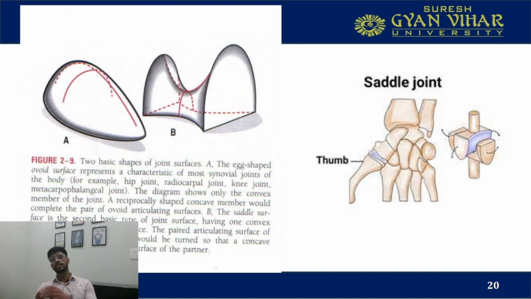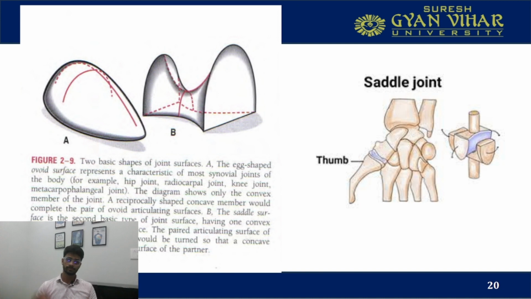So this was the classification that is also used to classify the joint. In this video we have read about the classification of the joint. First it was based on the amount of movement, in which we classified the joints into three types: synarthrosis, amphiarthrosis, and diarthrosis. Then we classified them according to their mechanical resemblance: hinge joint, pivot joint, ellipsoid joint, ball and socket joint, plane joint, and condyloid joint,